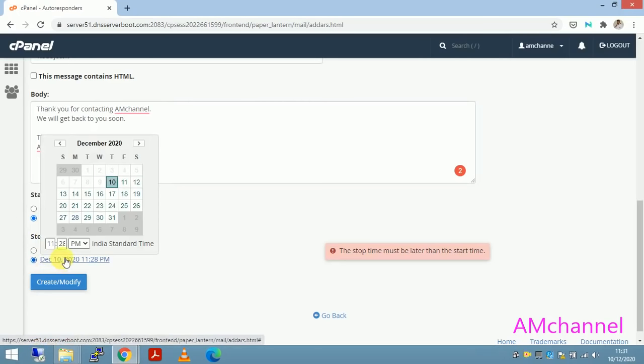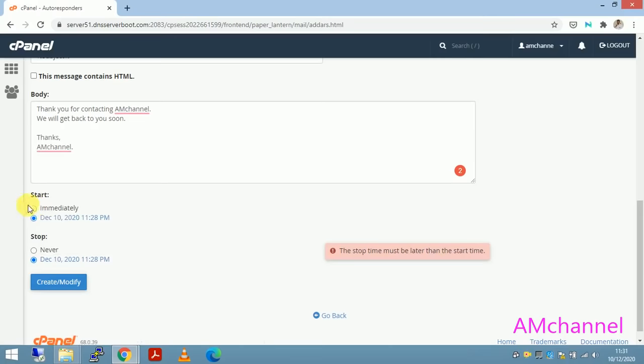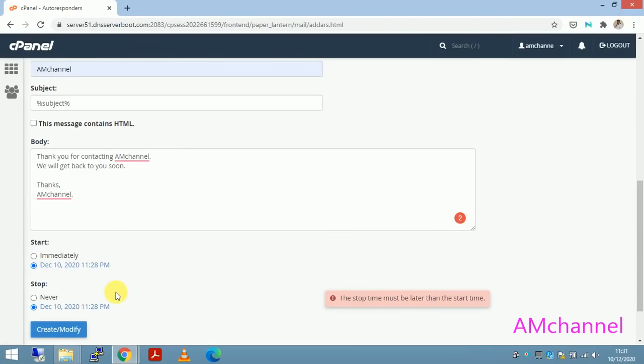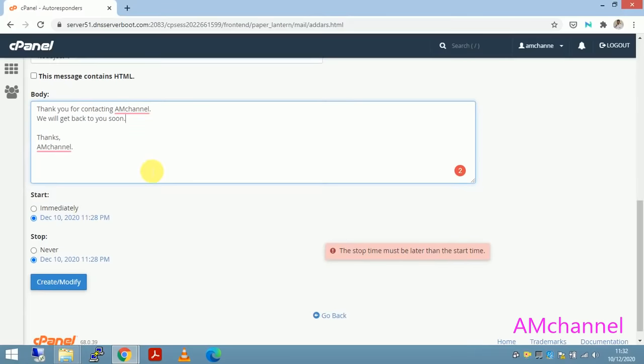Like, consider if you are going on holiday for 4 to 5 days, then you can select the start date and the end date, so that this autoresponse is sent to your senders automatically, saying I will get back to you after this date or after 2 days, like this message will be received. So I will click here immediate and stop never, and click on Modify.